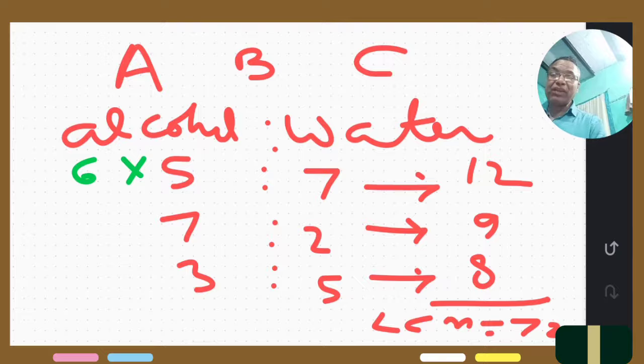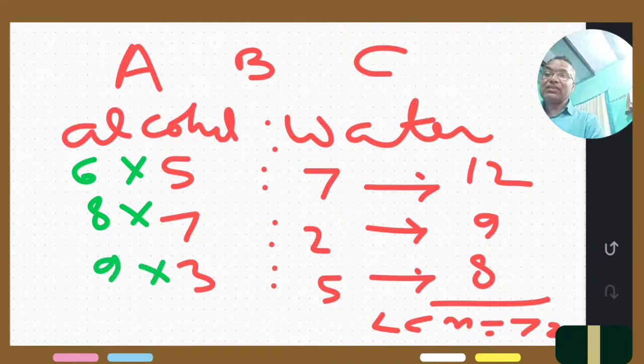Same way, if I divide 72 by 9, I get multiplier factor 8. Same way, if I divide 72 by 8, I get multiplier factor as 9. So by multiplying the units of the ratios,